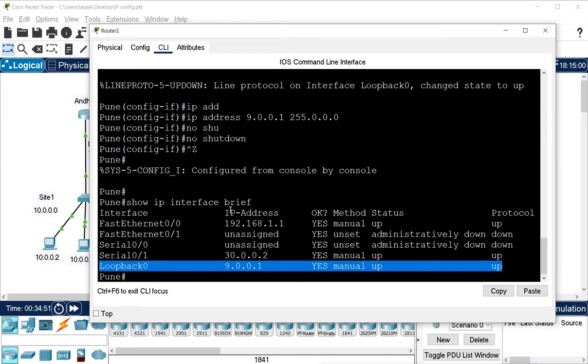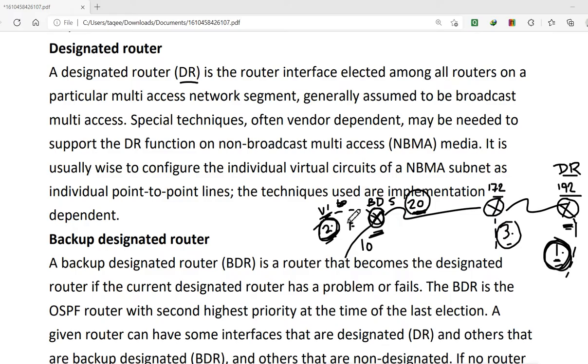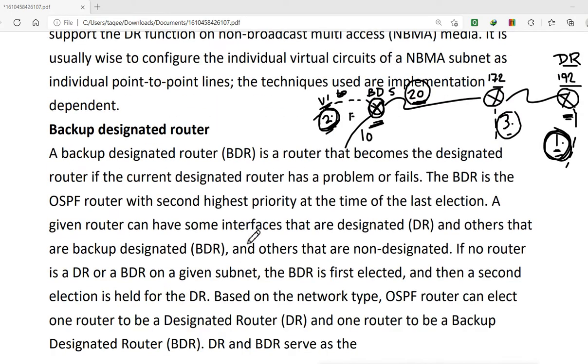It is not sending or receiving anything, but it is actually affecting the process of selecting the router ID. And because it affects the router ID, it can affect the selection of DR and BDR. Now to check the DR and BDR and the router IDs, we will see how we can verify the configurations of OSPF. We will see what commands we have to check and verify the configurations of OSPF.